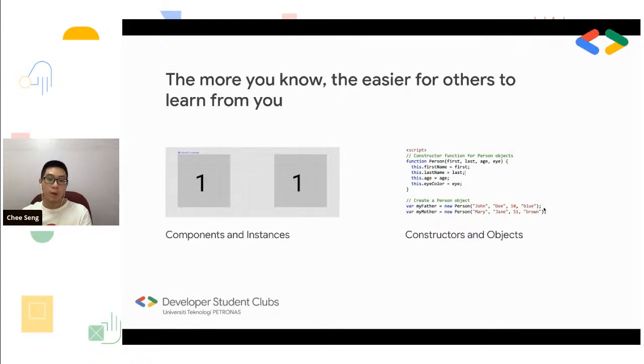There is still a difference, but on a higher level, when you try to explain this part to a designer, you can use an example from a designer's perspective to describe a coding scenario. It makes explanation, and also learning from you, easier, because right now you can explain things that are outside their boundary, but at the same time make them familiar for your peers. And if you want to explain design to engineers, it's kind of the same thing. You have components and instances. It works kind of the same as a constructor and an object in JavaScript. So there you have it.